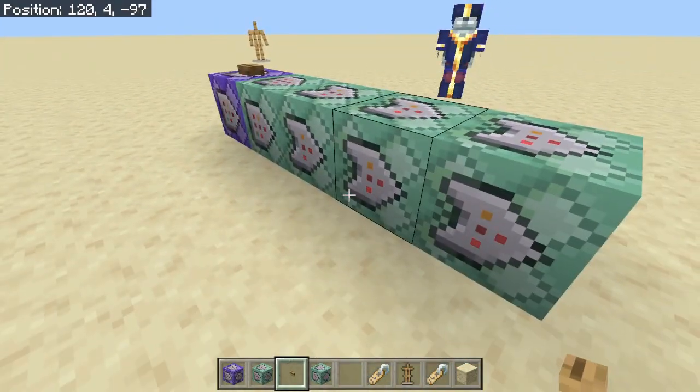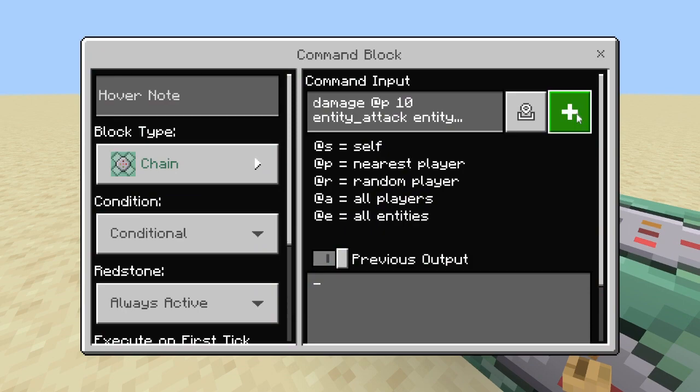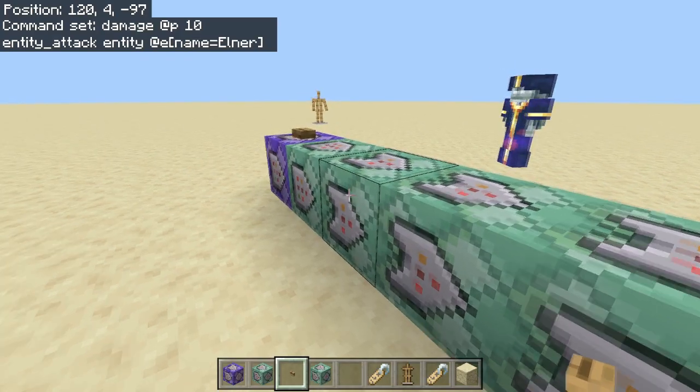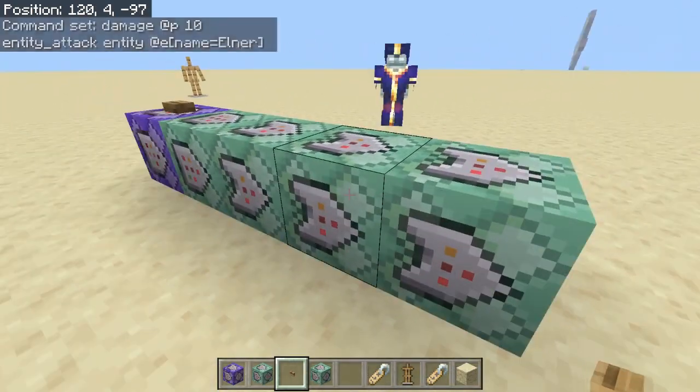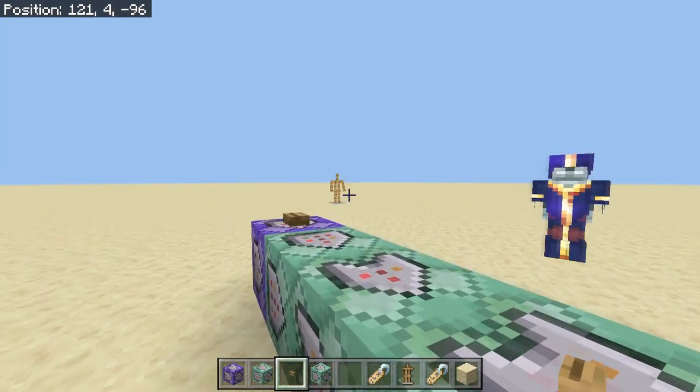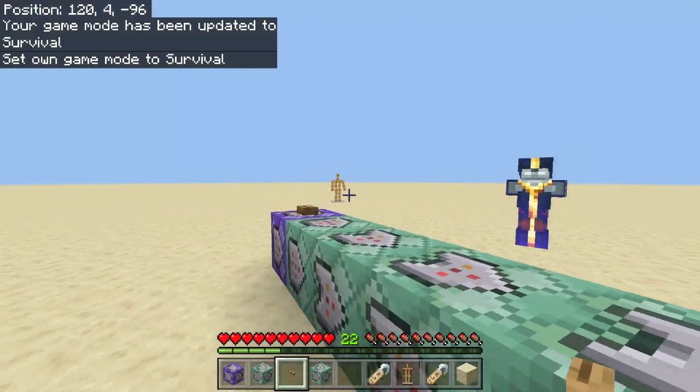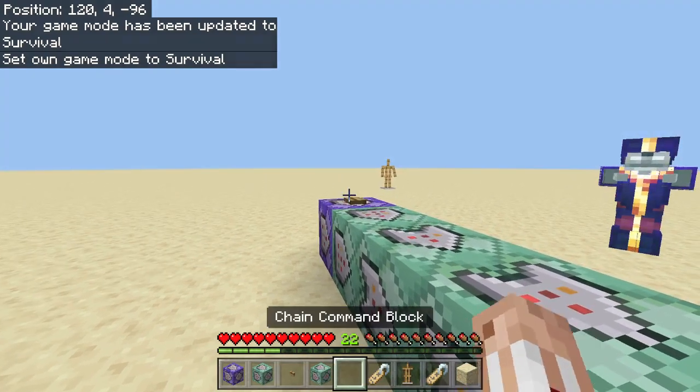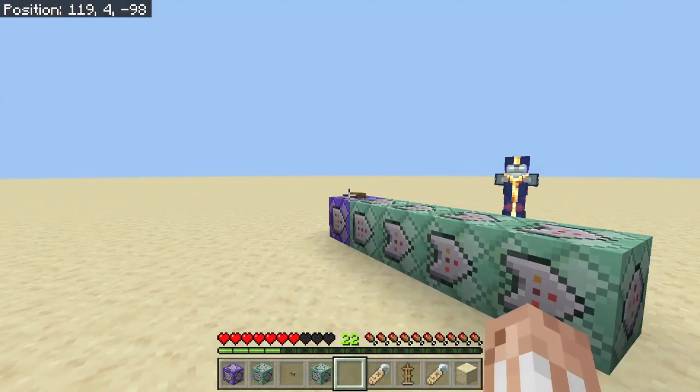So now if I press this with a whole lot of faith, I also need to be in survival, because the thing is, it needs to damage me. You can't damage players in creative mode. And if this doesn't work, then this doesn't work, then this doesn't work, and then the whole thing just goes into a really messy infinite loop. So if I just go to survival mode, if I do that,